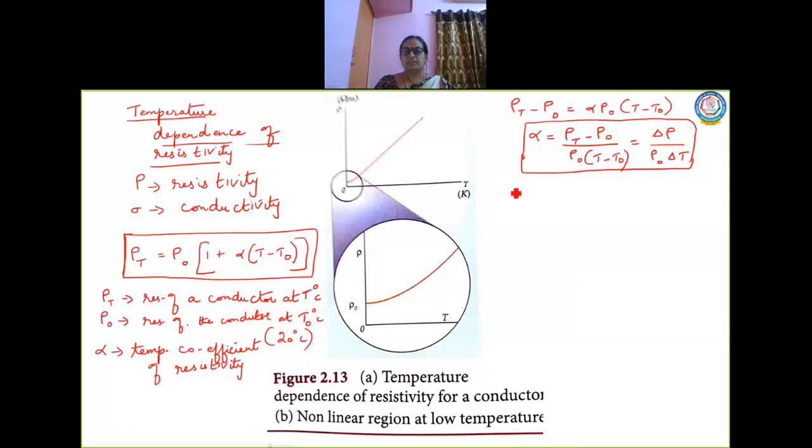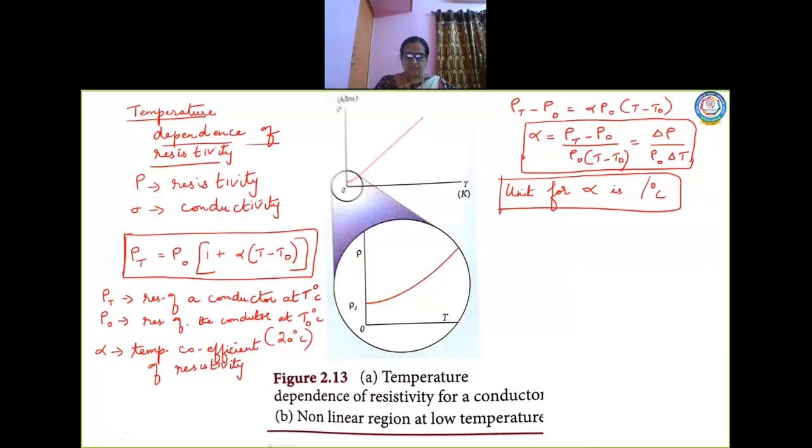Okay, and the unit for alpha. Now alpha is temperature coefficient of resistivity. Okay. Now this is represented as per degree Celsius. The unit for alpha is per degree Celsius. Now here also you have ohm meter, here also you have ohm meter, degree Celsius, right? So this gets cancelled. So which alone will be remaining? Degree Celsius, that is also in the denominator. That is why you have per degree Celsius as the unit for alpha.